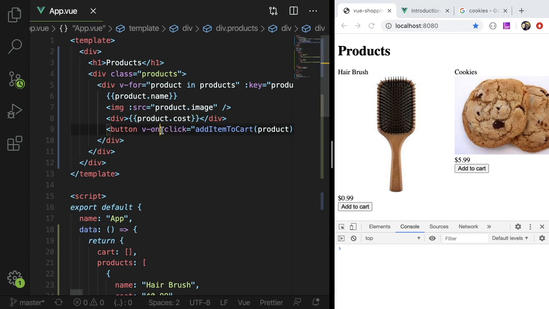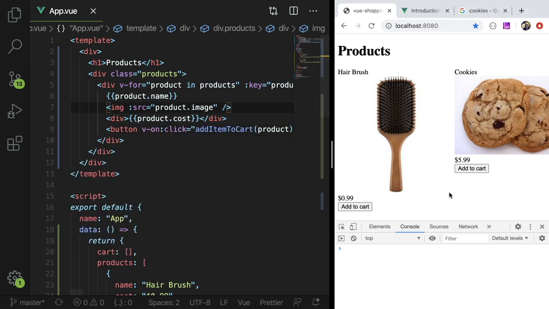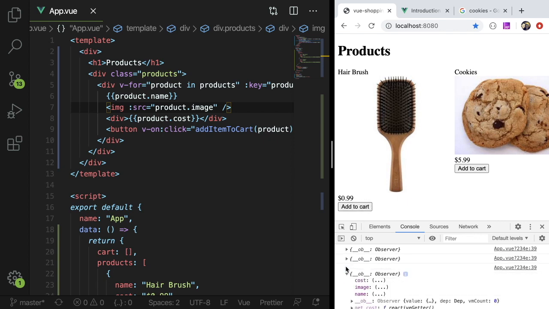Hold on, let's take a step back. Let's just go like this and refresh, clear the console, click on the button, V on. I guess you need V on. I don't know what I'm doing, so I don't know why you guys are even watching this